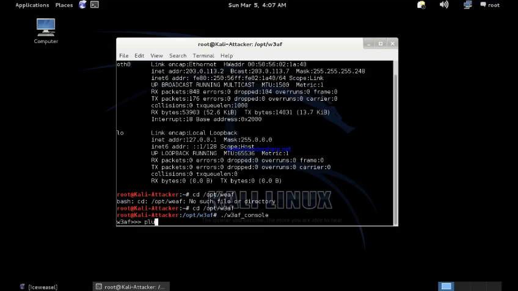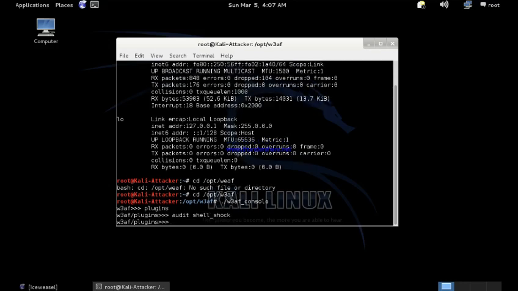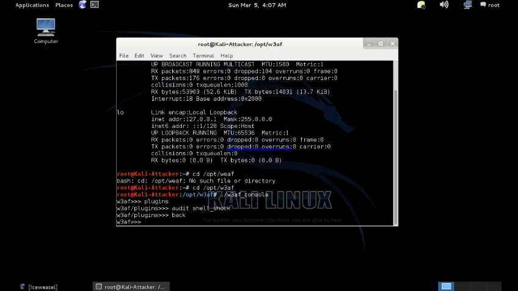So now let us look at the plugins that we have. And we can use the audit Shellshock, which will let us check if a host is vulnerable to the Shellshock vulnerability. All right. So now that it is selected,